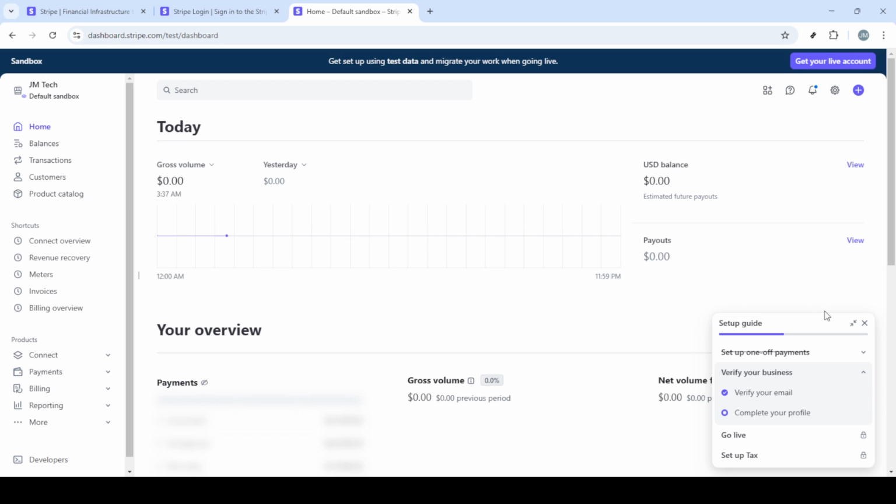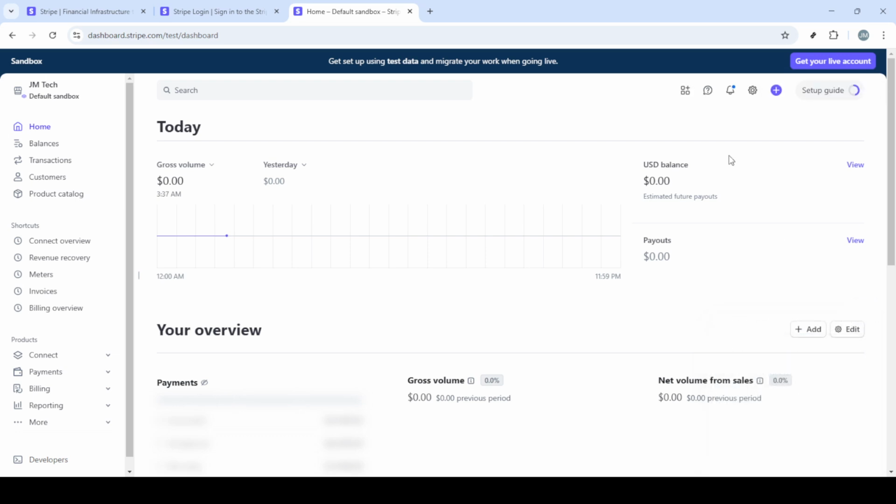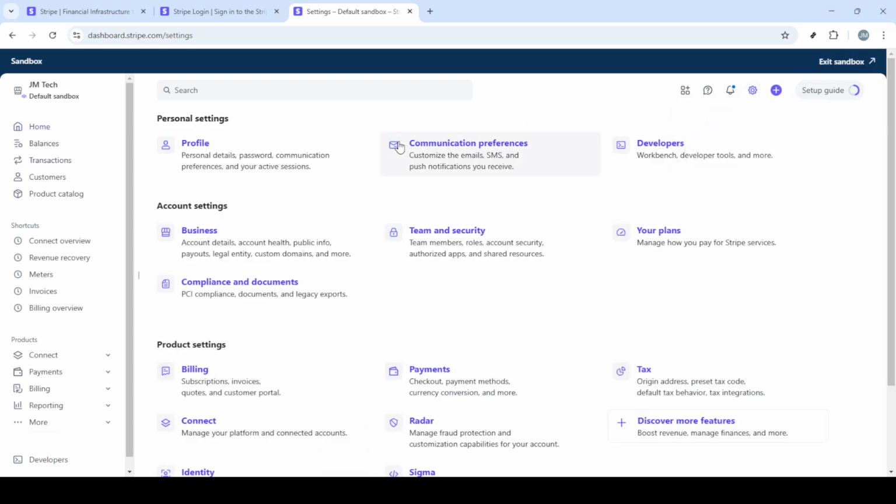First, open your web browser and head over to stripe.com. Once you're there, you'll want to look for the sign in button, which is typically located at the top right corner of the home page. Click on it and it will take you to the login page, where you'll need to enter your email address and password associated with your Stripe account. Ensure your credentials are correct to avoid any login issues, and then hit the sign in button to access your